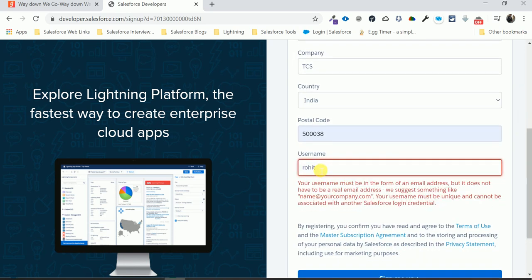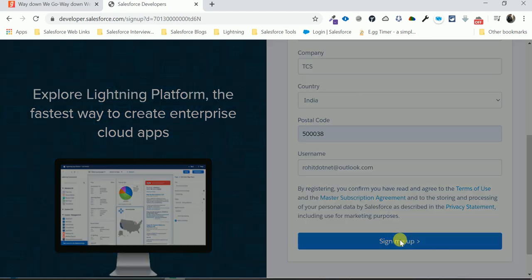Check this, Rohit admin. Just keep this mail ID rohit.net@outlook.com and sign up this.